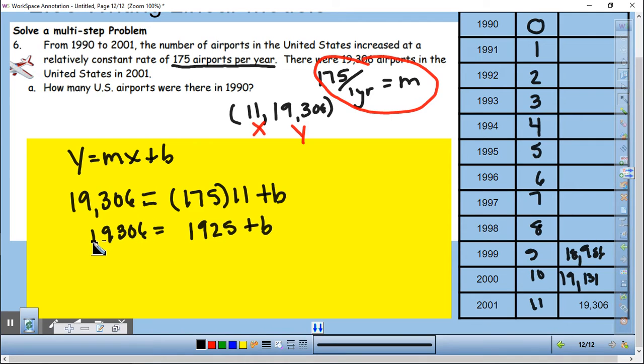From here, I'm going to subtract that from both sides, and I'll discover that my b, let me do that math,